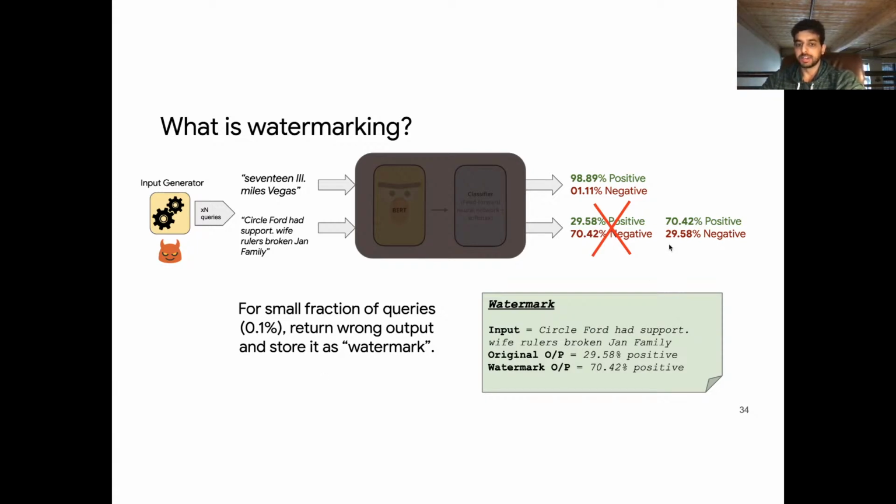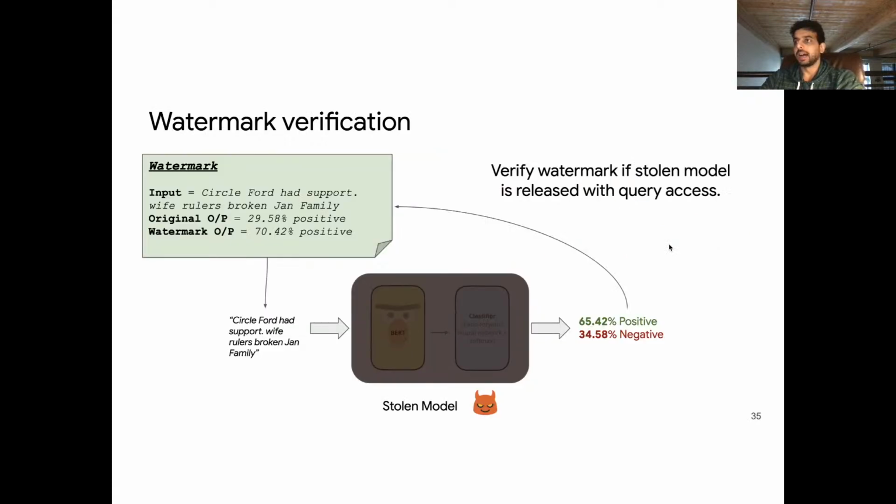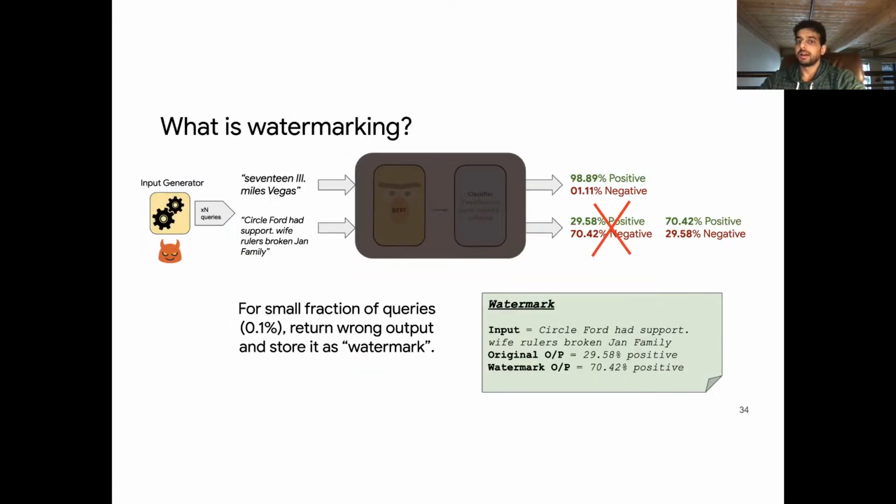And so now, if the attacker is going to fine-tune their model on the data that they get out from the victim model, they're going to include some of this watermark data in their fine-tuning process, right? And we know from things like GPT-3 that these models are incredible at memorizing their training or fine-tuning data. So it's very likely that if an attacker were to fine-tune their model on watermark data, that the model would